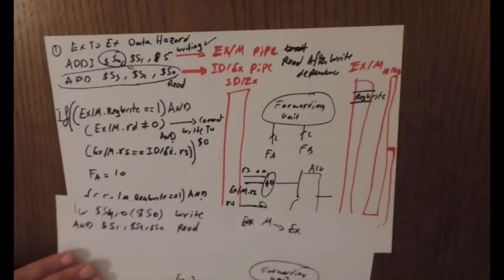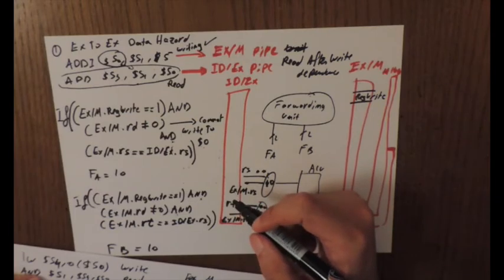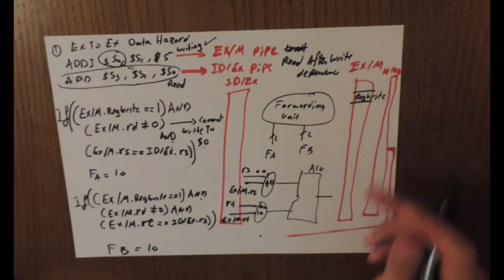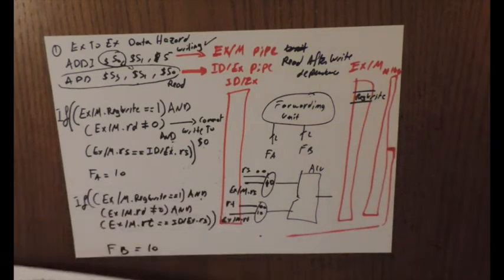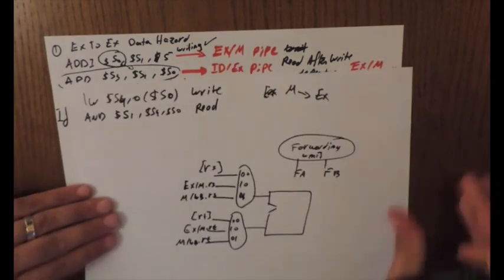Okay, and then if I take a look at here, what conditions should I add? I should add that from the memory I can detect that there is a dependency. So now I'm going to write the memory hazard